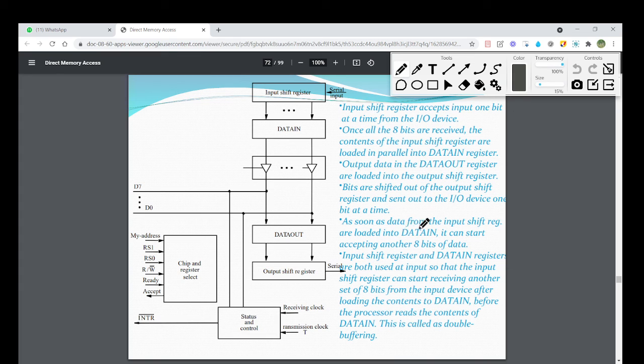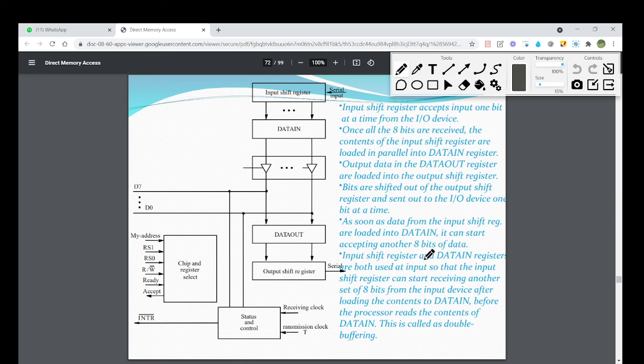As soon as the data from the input shift register is loaded into data in, it can start accepting another 8 bits of data.